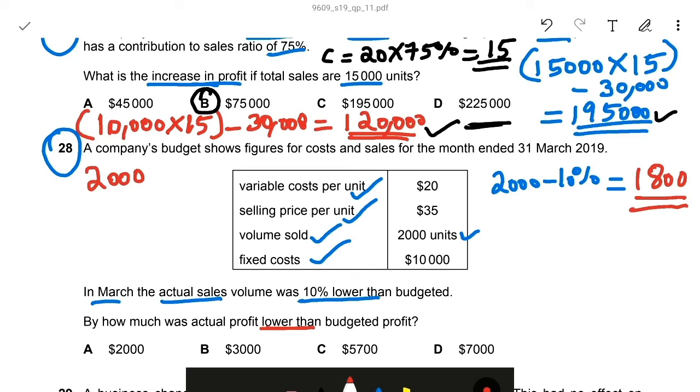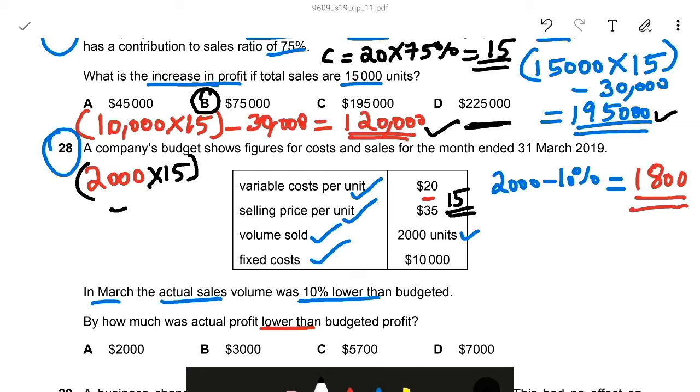Budgeted profit is unit into contribution. Contribution is equal to selling price minus variable cost. So 35 minus 20. Contribution is 15. So let's calculate. 2000 into 15